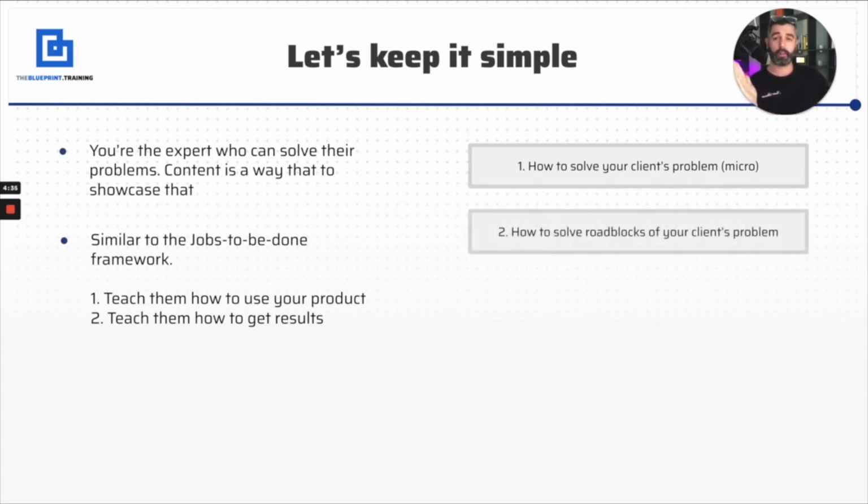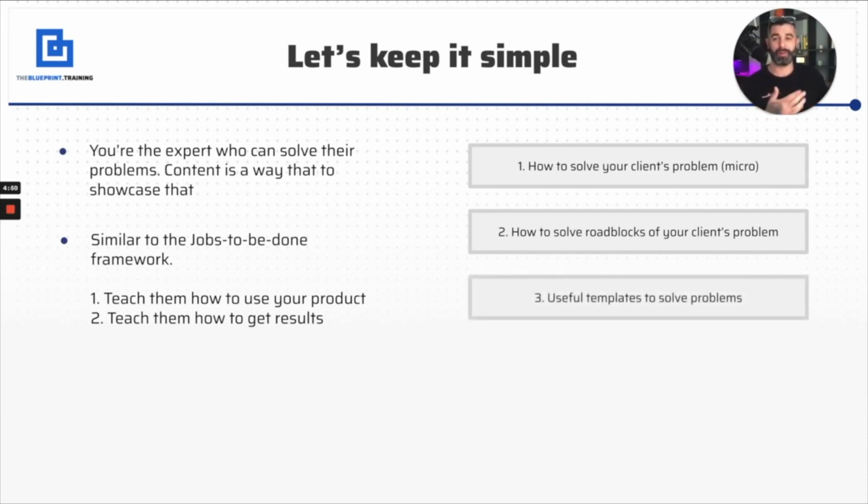So again, we go back to that offer design: this is where they are, this is how to get here, these are the 3 things that we're going to do. We can create content around those things, because those are the roadblocks they need to get past to get from where they are to where they need to be, and we want to showcase that with content. We're essentially putting into content how we're going to deliver the service,